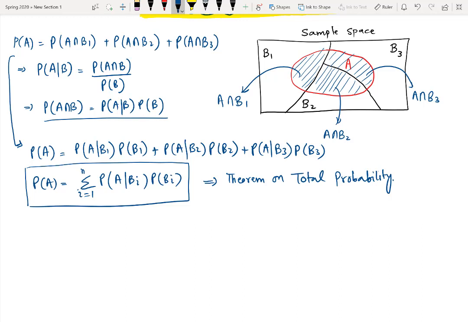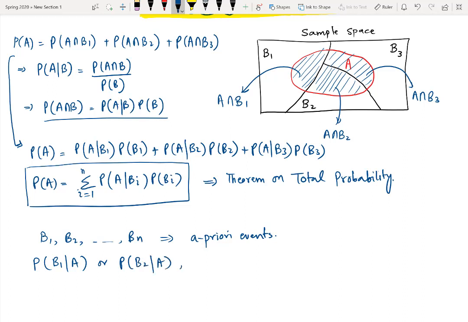Now with this definition of the theorem on total probability, we move towards the formulation of Bayes' theorem. So from this Venn diagram, it can be seen that these events B1, B2 up to Bn are called a priori events. Why are these events called a priori? Because they occur before the occurrence of A. Now after the occurrence of A, if we are interested in computing the probabilities of these events after the occurrence of A, meaning probability of B1 given A or probability of B2 given A, and so on,